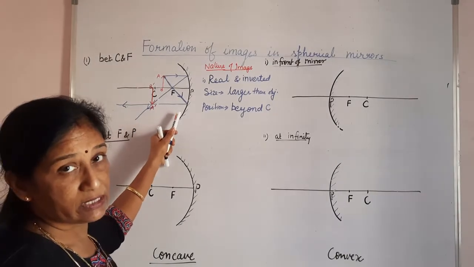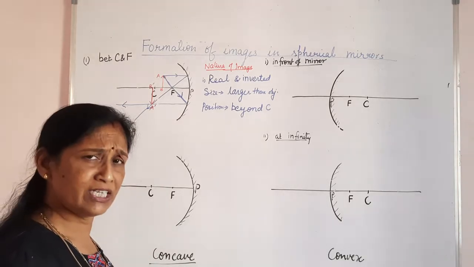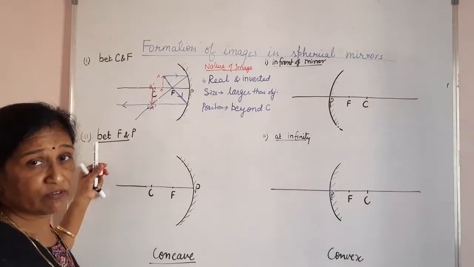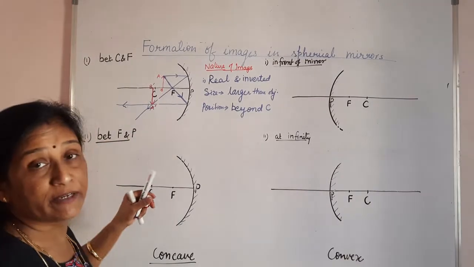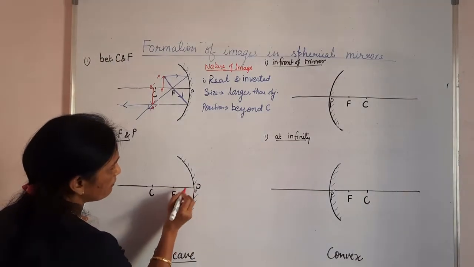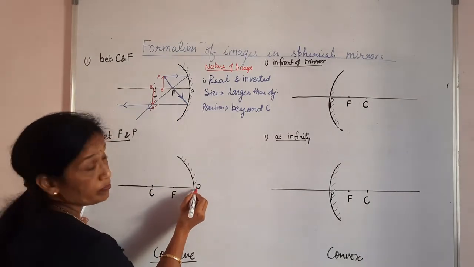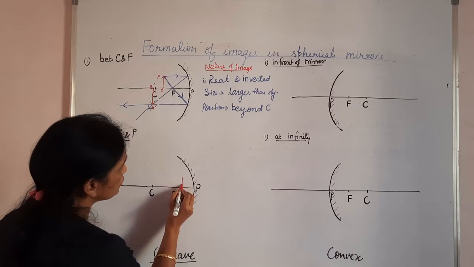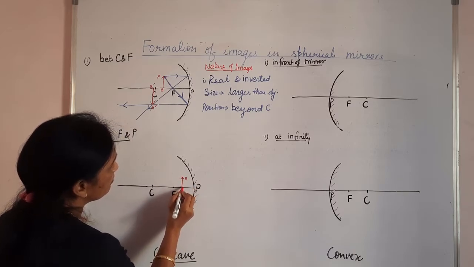So in this way, using the rules, we can form an image of an object, and we have done this in a concave mirror. Now another position in a concave mirror. Let's try here how the image gets formed. The position which I had selected here is that my object is in between F and P. F is the focus and P is the pole, and my object is somewhere in between these two. So I made this object, this is AB.